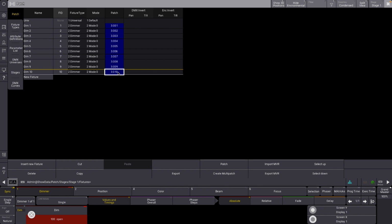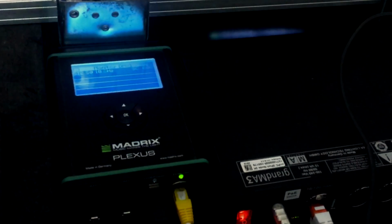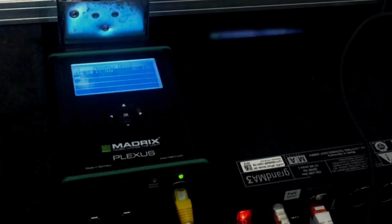If we go into the patch and we change this to universe 4, we see that the information has disappeared from DMX number 1. If we go into DMX number 2, we see that it's now on universe 4. So same principle there. So this is a very easy way to just expand your amount of physical outputs in your system,